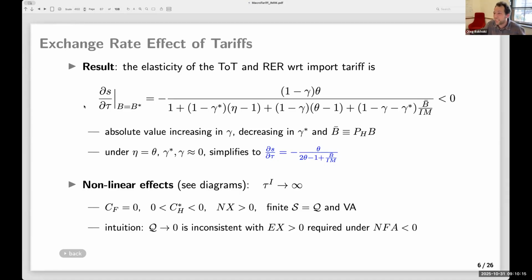So now in the data, we see a real depreciation. How do you make sense of that? This is really a big question, and there are two possible answers. We don't know, and I believe both are true. It's just a matter of putting weights on the two. One is a massive loss of convenience yield by the US. So the budget constraint is hit, which requires a depreciation despite the tariff.